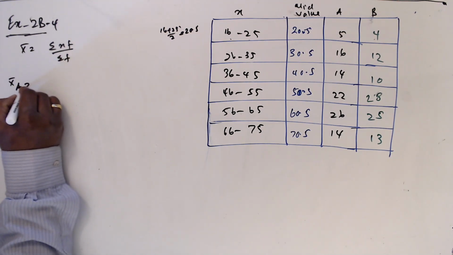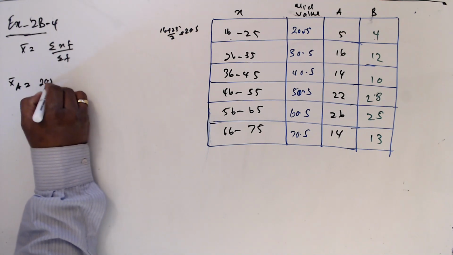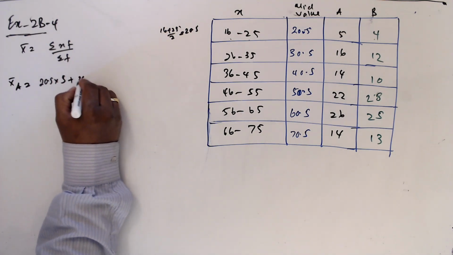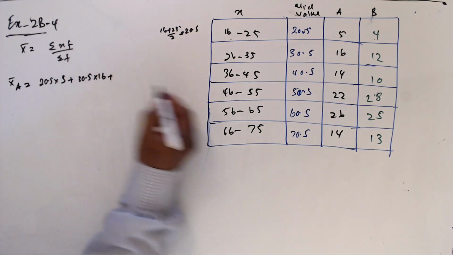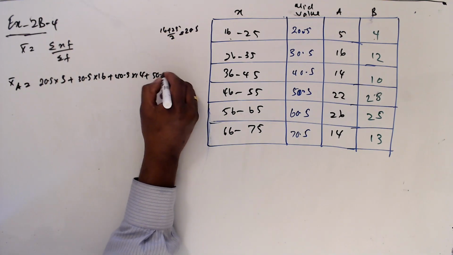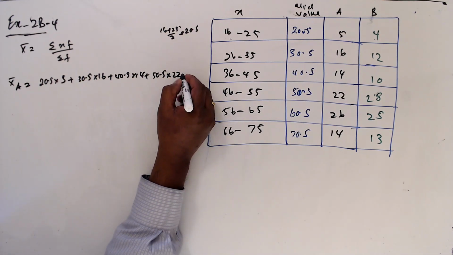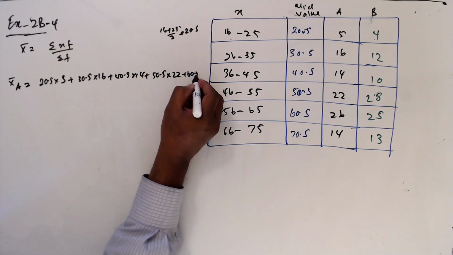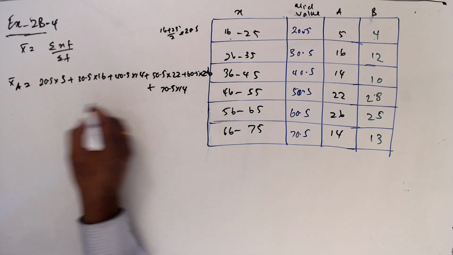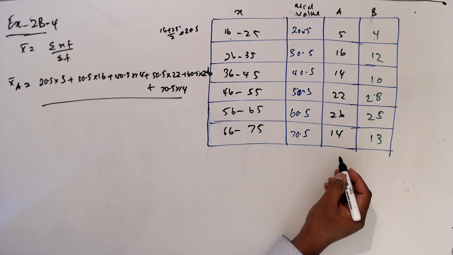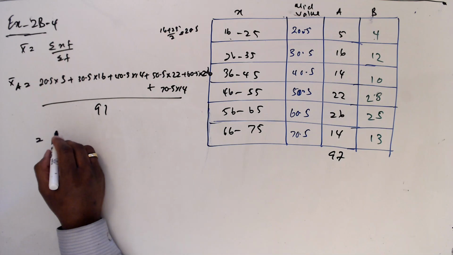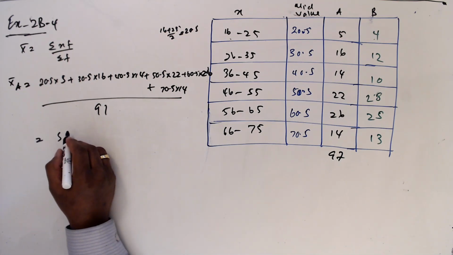So x bar A, the A group, equals 20.5 times 5 plus 30.5 times 16 plus 40.5 times 14 plus 50.5 times 22 plus 60.5 times 26, no space, plus 70.5 times 14, divided by the summation, which is 97 workers, divided by 97. Our answer should be around 50